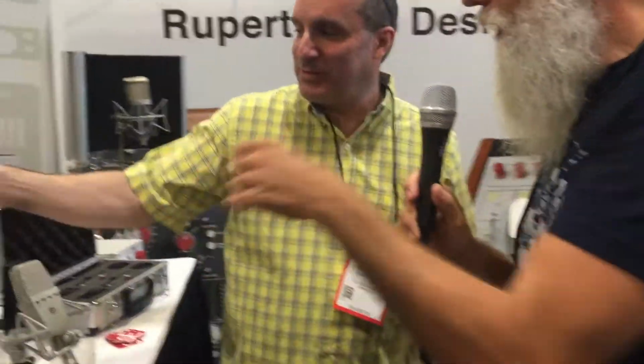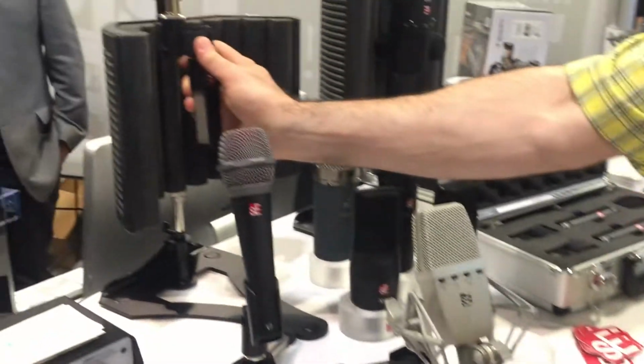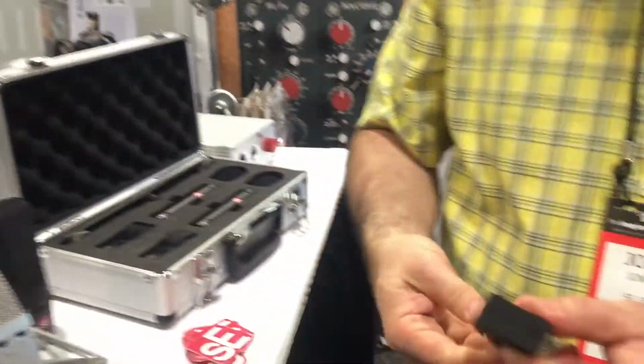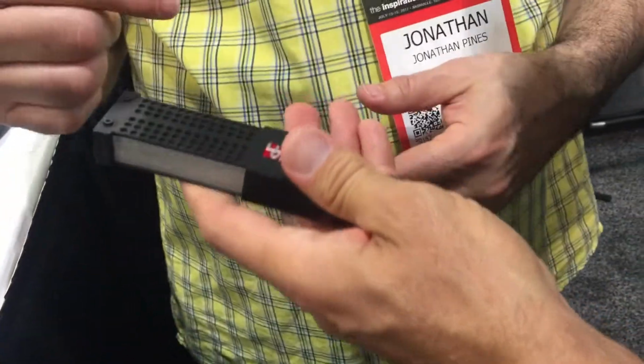So, do we want to look at a couple of these other things? I picked up a ribbon that was here that felt really great in my hand too. We have a little brother for that, which you picked up, the Active VR2. This is the VR1. This is a very innovative design in that it is dead flat from 20 hertz to